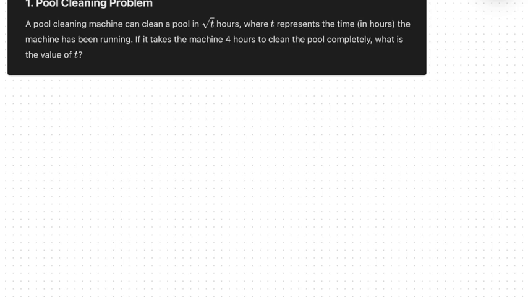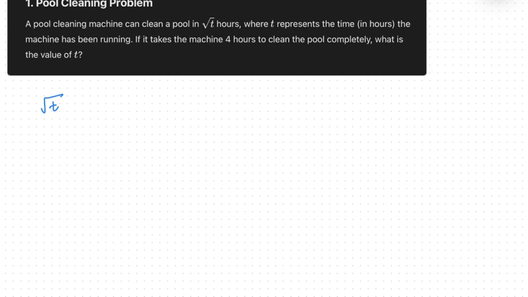Anyway, pool cleaning problem. A pool cleaning machine can clean a pool in square root of t hours, where t represents the time the machine has been running. If it takes the machine 4 hours to clean the pool completely, what is the value of t? So, essentially,